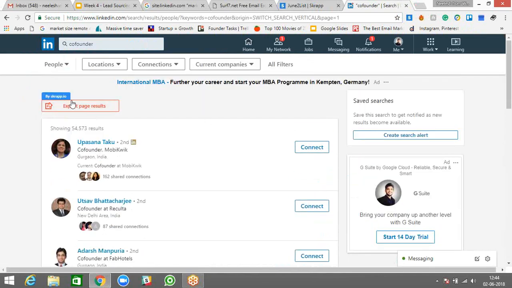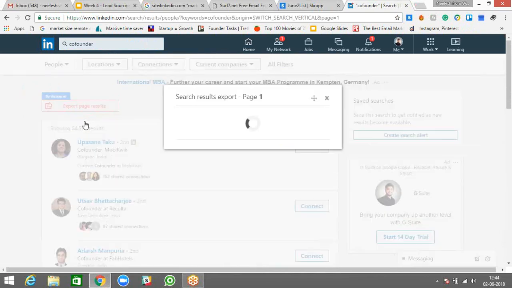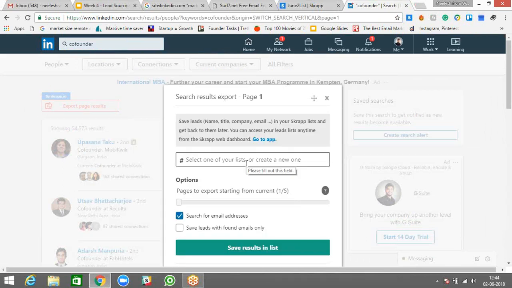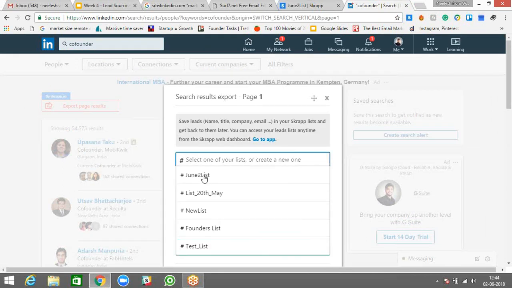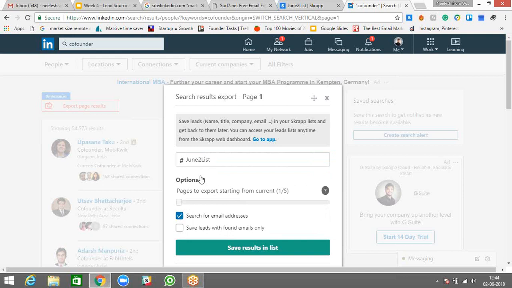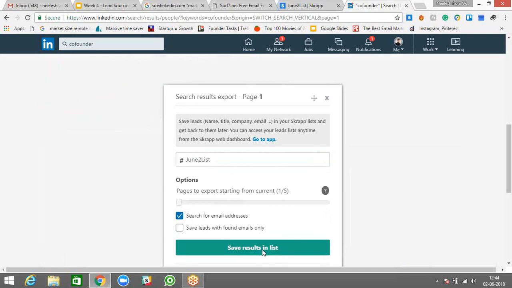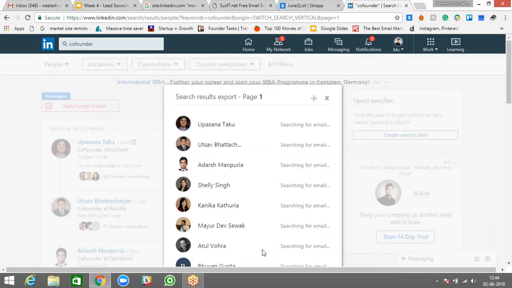Do you see something additional in my page? This must not be there in your page. I export it to CSV or I can export it to list. If I click export to list, this one, June 2 list, select it and save the results in this list.